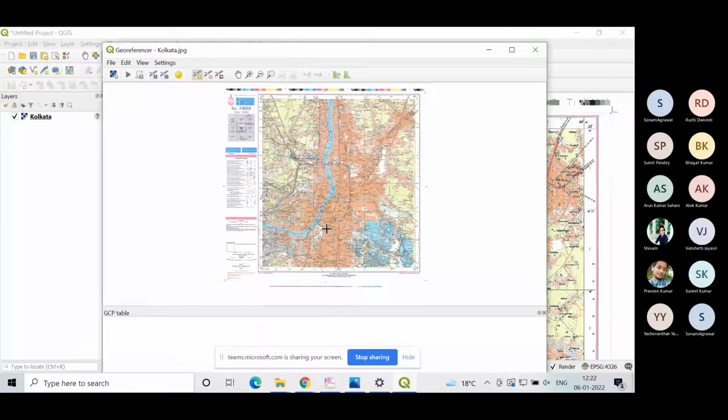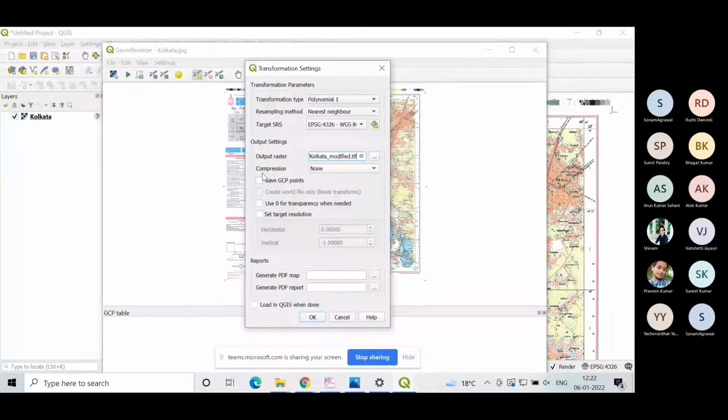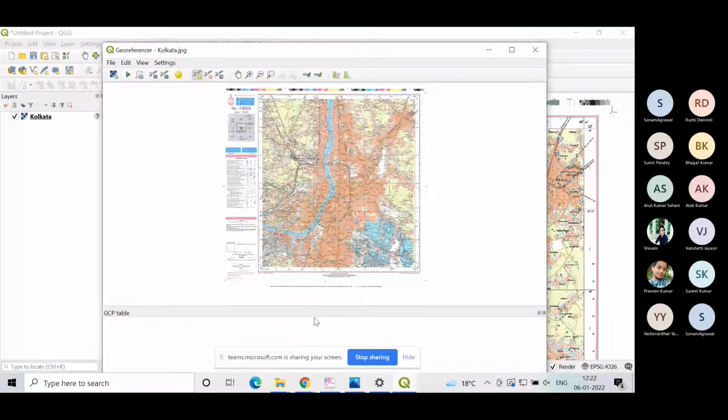And thereafter, you need to go to the setting and enter the transformation setting. Polynomial transformation type will be polynomial 1, resampling nearest neighbor. Target spatial reference system or SRS is EPSG 4326. You need to give a proper output raster name, compression none. Rest of the things will be same. Okay. So you have to give first of all the transformation setting, and thereafter by using add point tool,